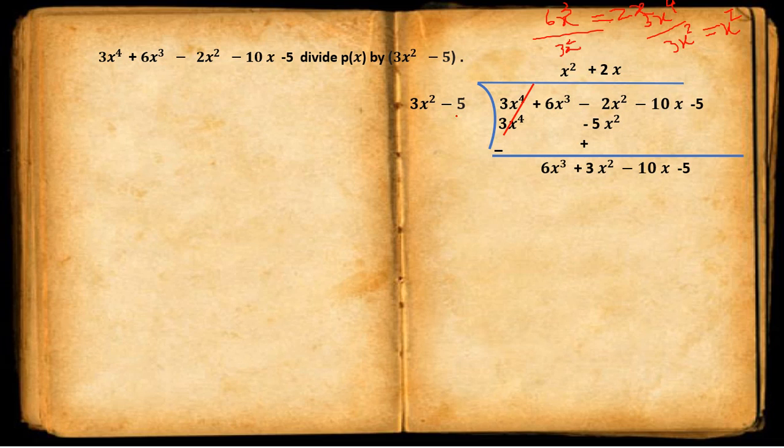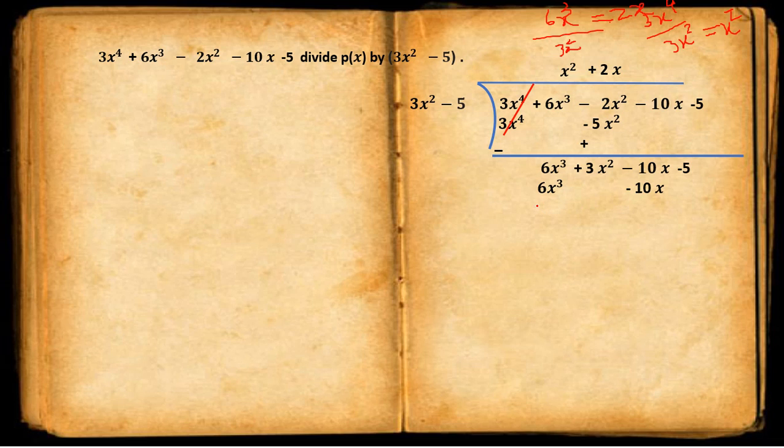So when the product of 3x square and 2x, we get 6x cube, and the product of this 2x with minus 5, we get 5 2s are 10, minus 10. Again, minus 10x we are getting, not the exponent of x is 2. So that term minus 10x we have to write with this term, because like terms we have to add or subtract here. So the product of 2x with 3x square minus 5, we get 6x cube minus 10x.